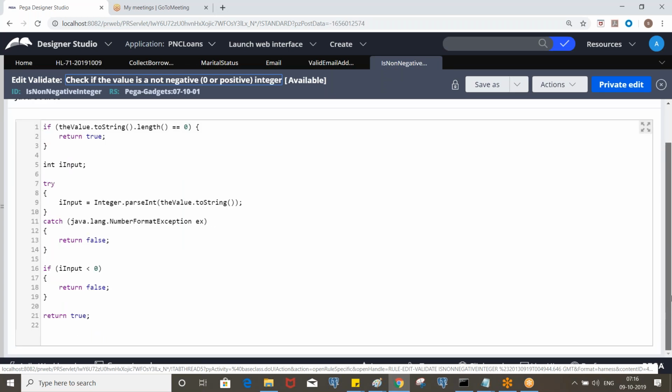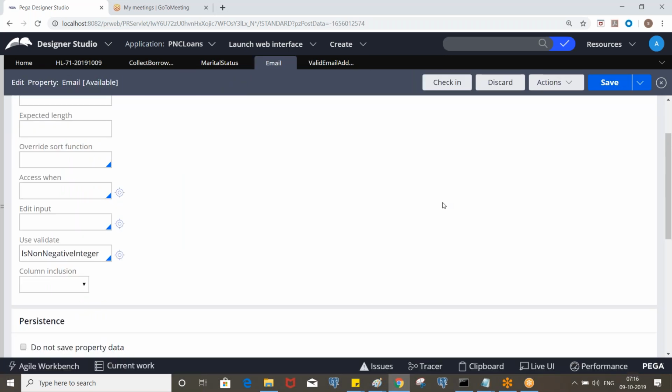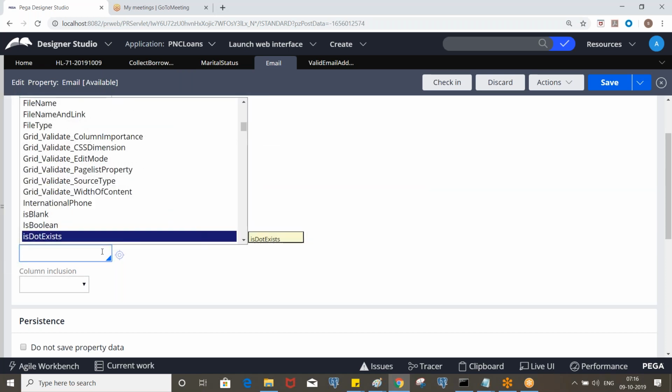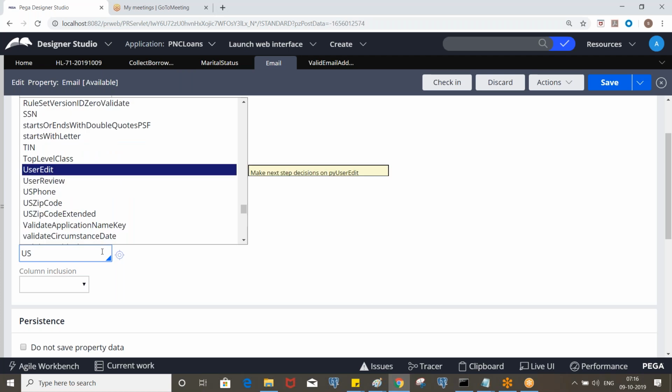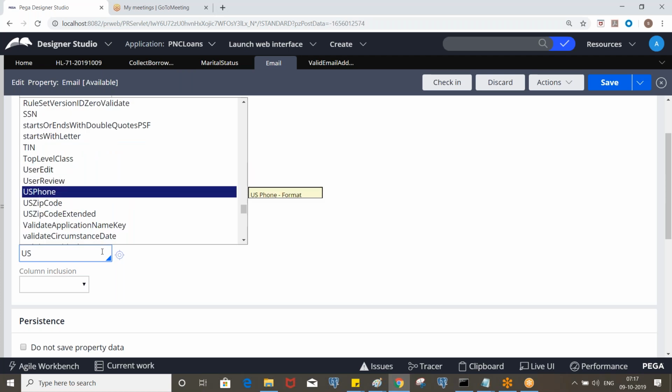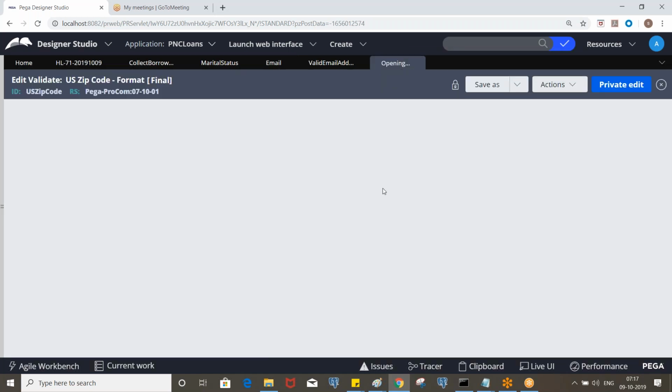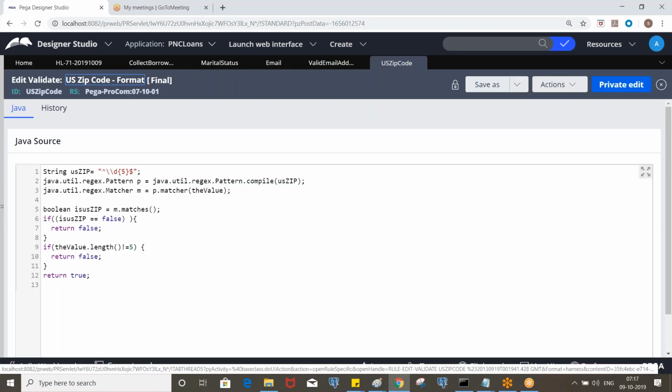If you put a negative value like -10, it is going to display a message. And mostly we have a US zip code. If it is not in the US zip code format, it will display an error message.